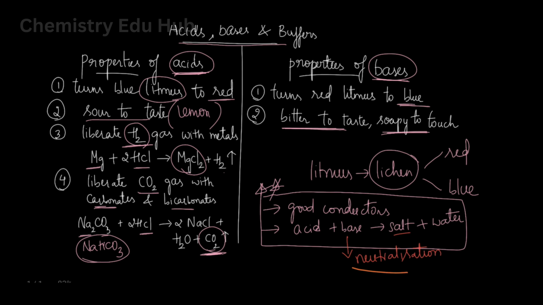This neutralization is one of the most common reactions that happens in nature. For example, if you take an ant bite or a honeybee bite or some insects that release acids into our body, it will cause a lot of burning sensation for a long time. Because of that, we feel very irritated. To reduce that pain and burning sensation, you can use mild bases like sodium bicarbonate, that is baking soda, or you can use ammonium hydroxide, etc. So these are the most common uses of